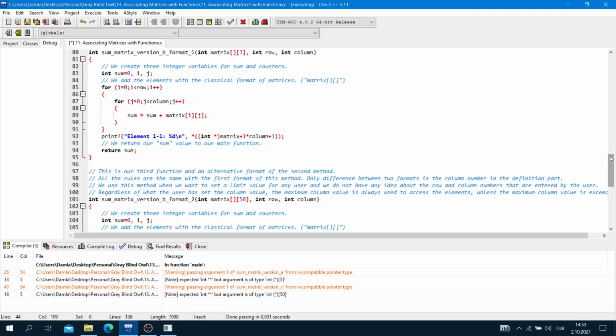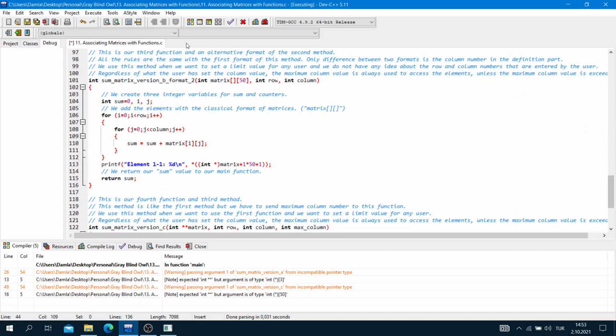Now we are here. This is our third function and an alternative format of the second method, okay? Second method, version B. But this is the second format of version B. Okay, all the rules are the same as the first format of this method. The only difference between 2 formats is the column number in the definition part.